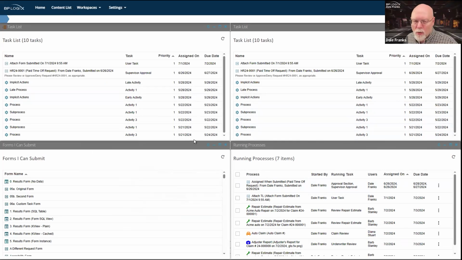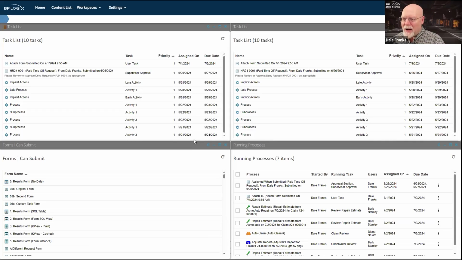And so you don't really know what the user's actually seeing when they open up Process Director. On a day-to-day, that's not a problem. If you're trying to do any sort of tech support for end users, it does become a little bit of a problem because when you tell them, okay, look on the upper left-hand side of your screen. Do you see the forms I can submit knowledge view? No. They will tell you, I cannot see the forms I can submit knowledge view.